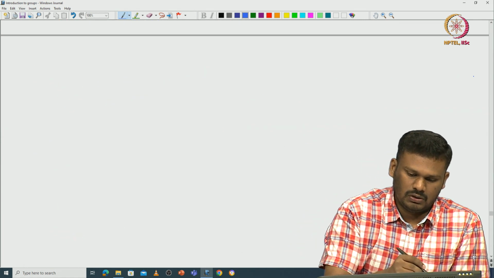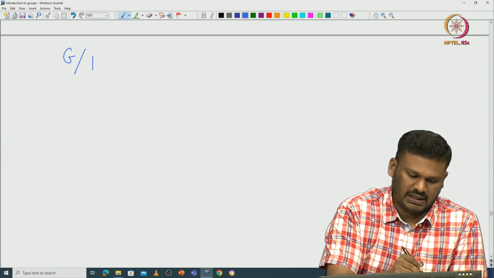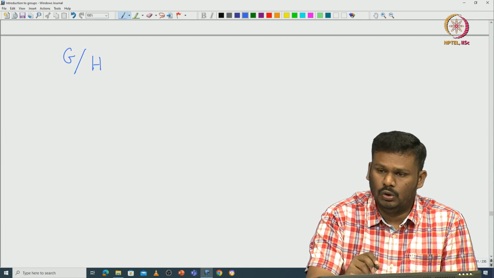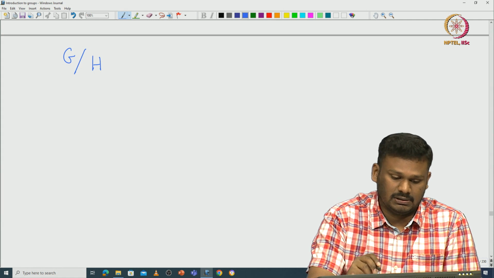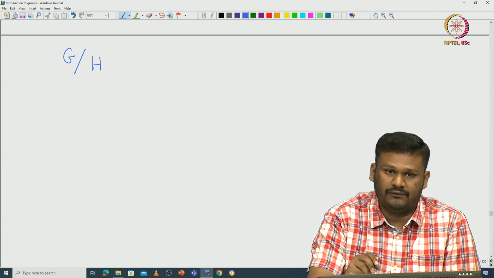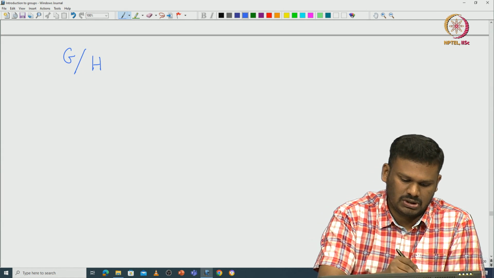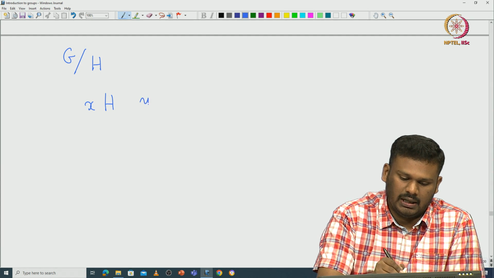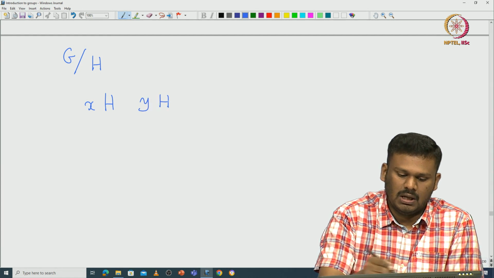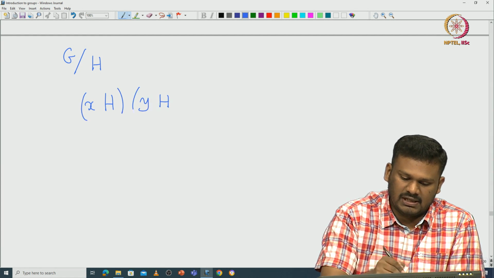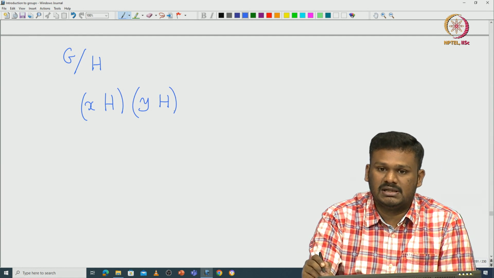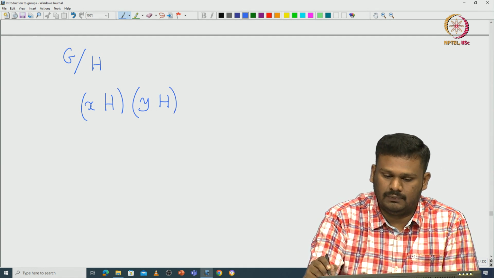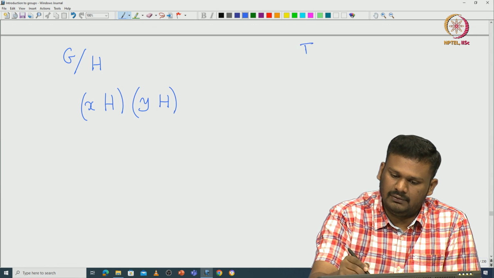So, this is what we want to do in G mod H. You start with the group G and a subgroup H, and then look at the left cosets G mod H. Then take two left cosets xH and yH, and as before, we can define the multiplication between them. There is no issue, because for any